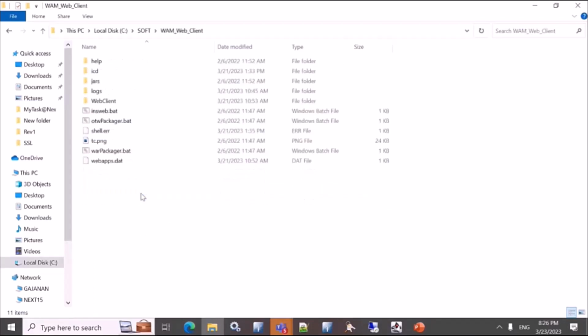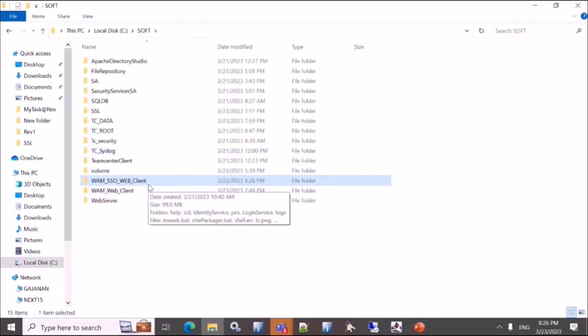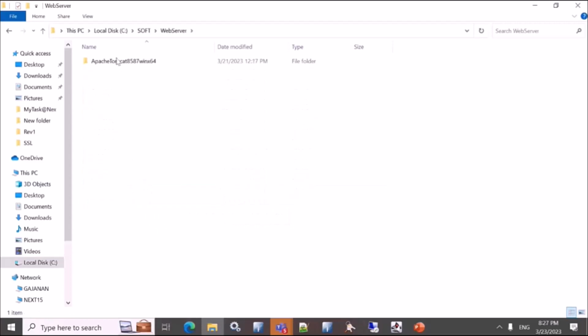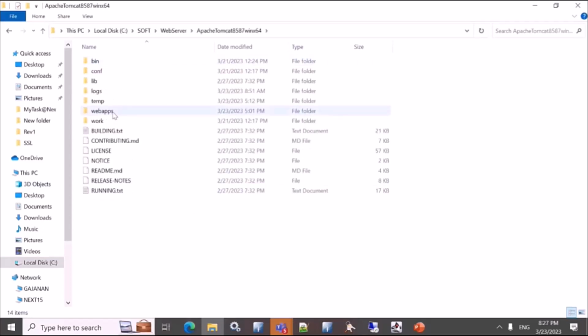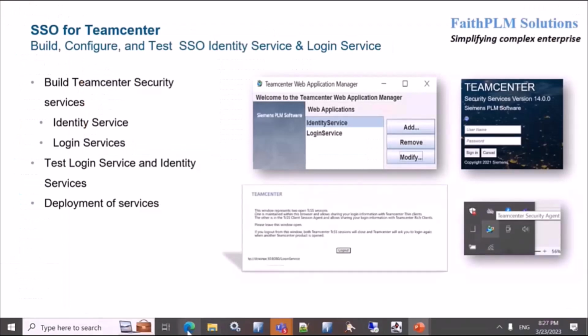So once your SSO web services creation is completed, then you can deploy them on your web server. Here is my web server. After completion, I deployed them here. Here you can see identity service and login service. Once those got deployed, you can check them on your